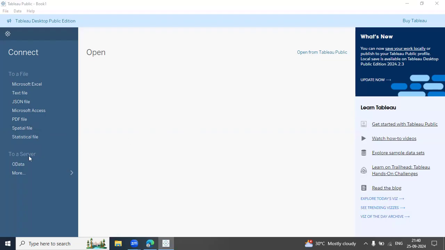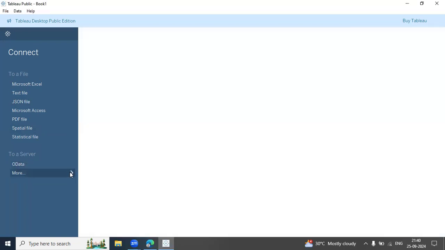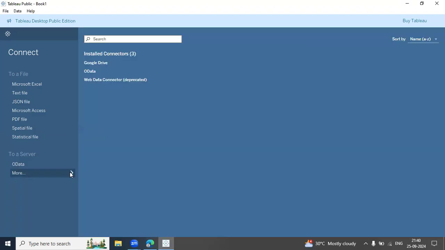Next to the server, if I go to the server, there are more options. So let's just click on the option more. So here you can see there are three types of connector: Google Drive, OData, and web data connector.